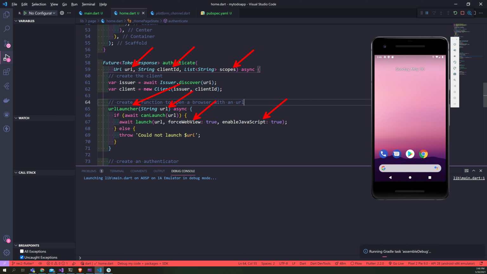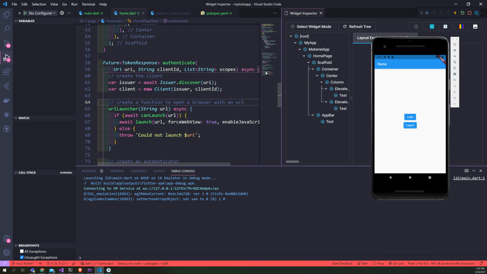So it will launch a browser, it will force the browser to use the web view, and also enable JavaScript. So once that is done,